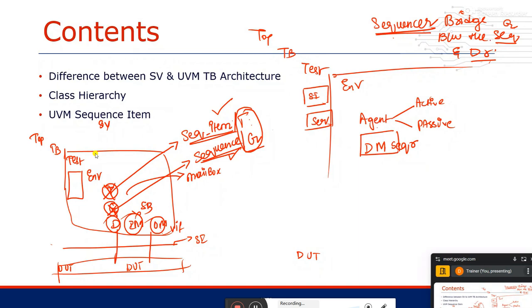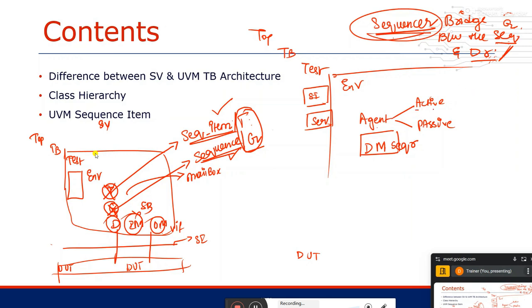But for the driver sequencer handshake, this driver and sequence communication is now called the driver sequencer handshaking mechanism. That handshaking mechanism is happening with the help of this bridge called sequencer. Sequencer is a bridge between the driver and the generator, or between the driver and the sequence.